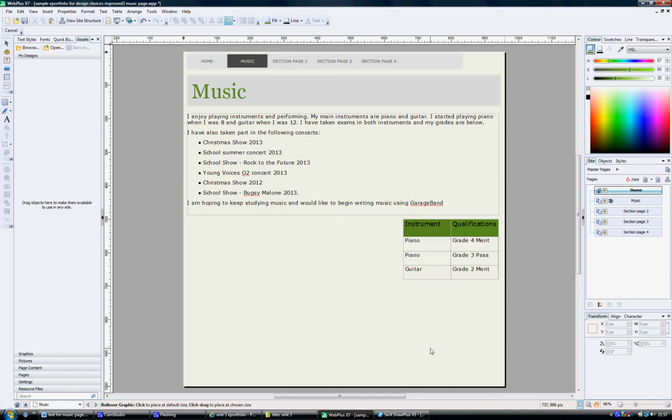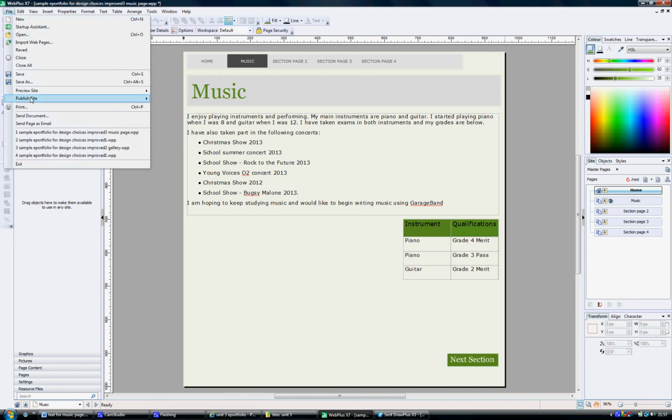And I'm just going to click down the bottom of the page here and draw it in. And perhaps I'm going to line that up on this side as well with the other items. When you put it near, that red line appears to help you line it up. Let's just see if that works. So if I preview my site,